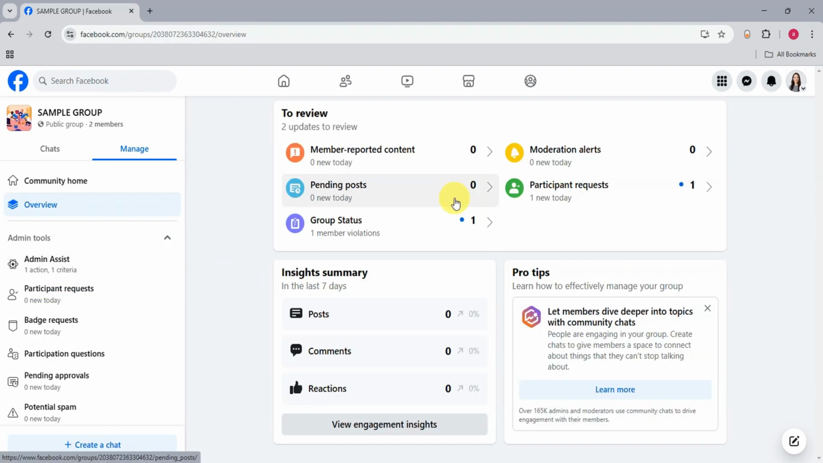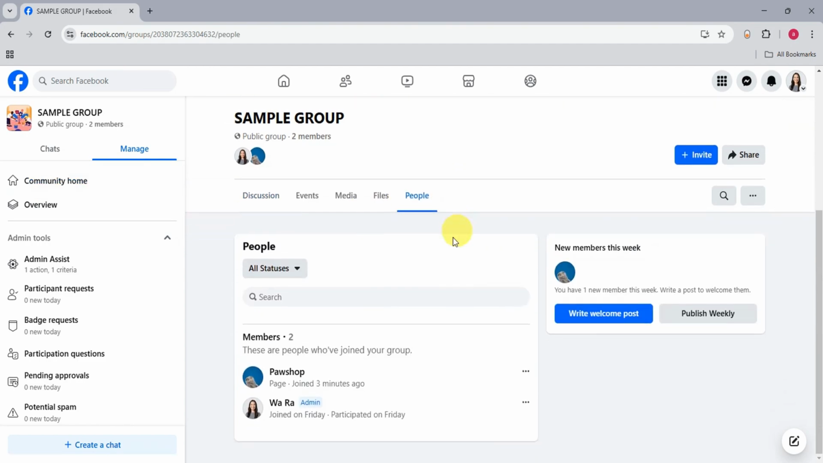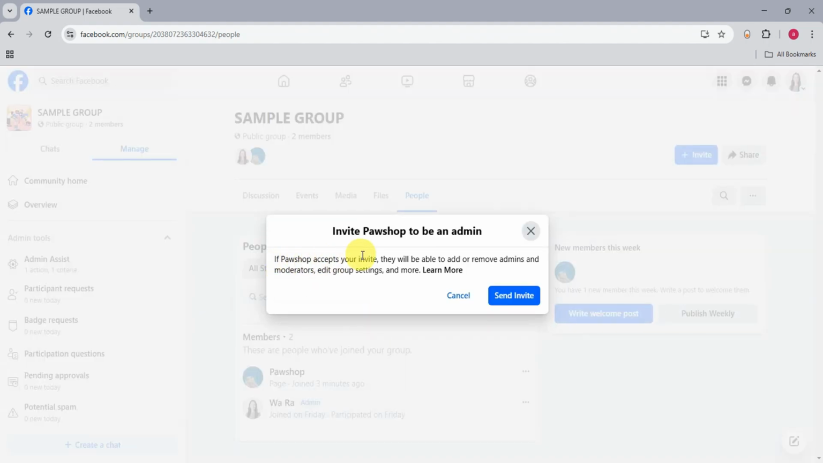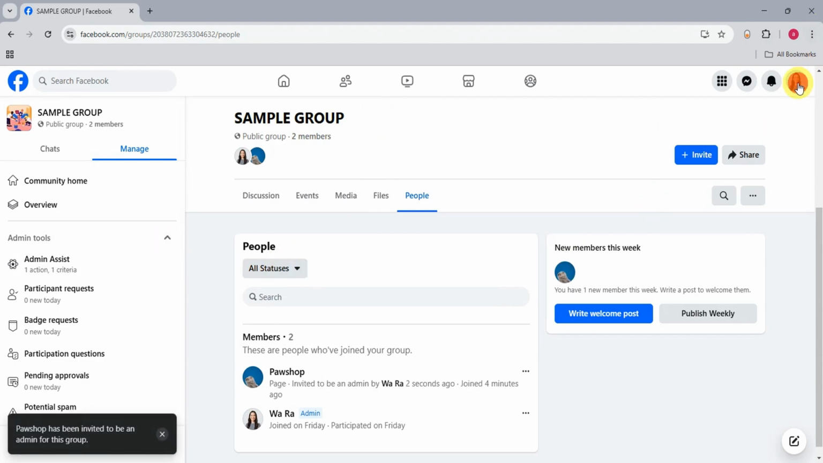Now to link this Facebook page to the Facebook group, you're just gonna go ahead and give it an admin access. So let's head here on community home and then click onto people in here. So you should be able to see the page here. Just find that, click onto the three dots onto the side of it, and then just invite this as an admin. So if our page accepts the invite, then we would be able to add or remove admins, edit group settings, and many more. So we're just gonna send the invite,